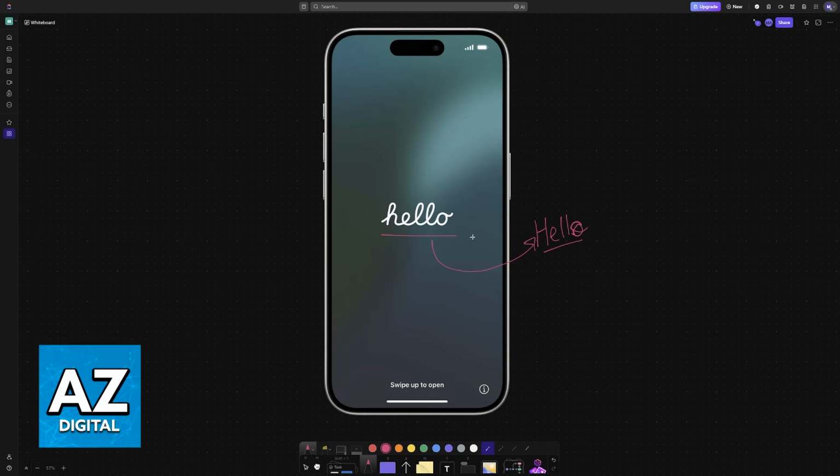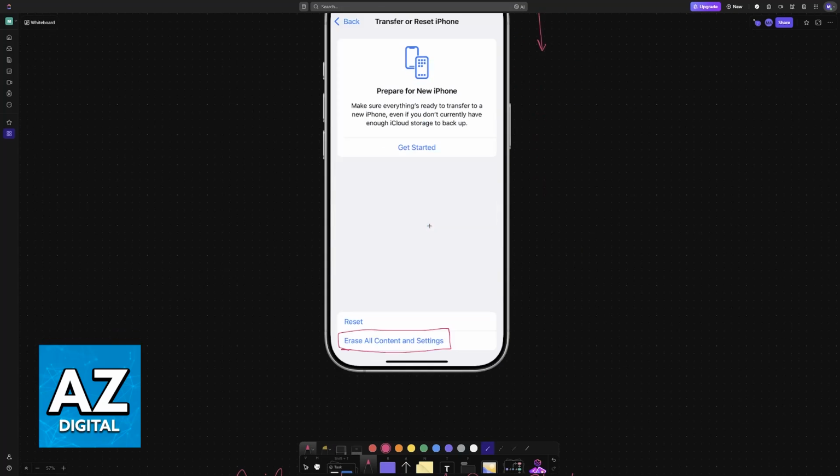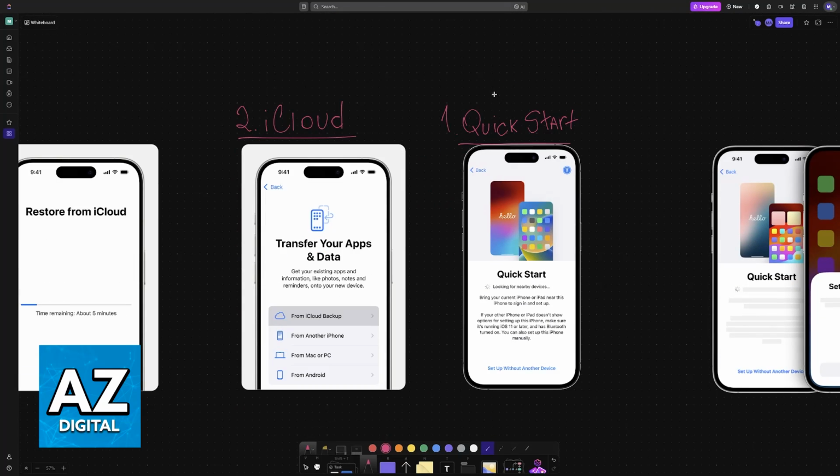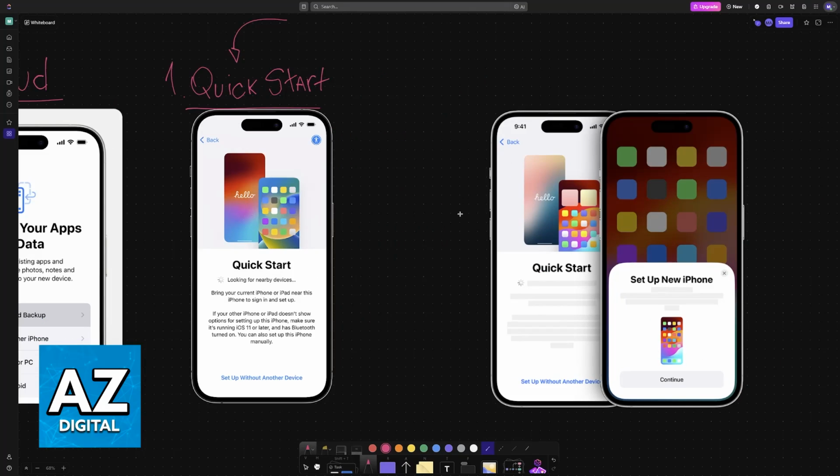With this done, now you will boot up the new iPhone and you will see the hello screen. Now, in the hello screen, the important thing that we have to do first is the quick start. This allows you to place your old iPhone next to the new one physically, and they will exchange the data between themselves automatically. All that you have to do is choose the continue option when you see this pop up, set up new iPhone. If you don't see this, make sure that you go through the setup on the new one until you reach the options to connect to a network and perform a software update. So perform the update, make sure that you are on the same network as the old one, and they will be able to exchange the necessary data between themselves.